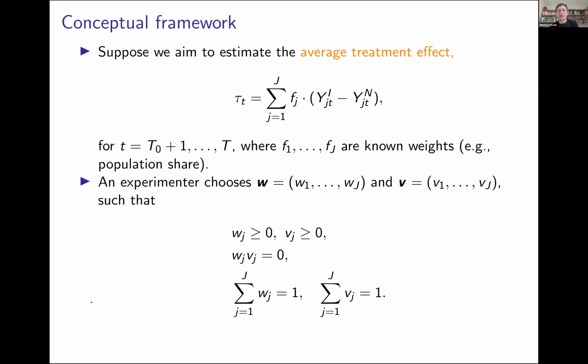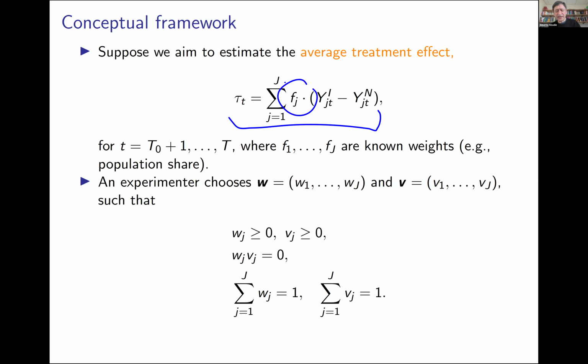So we're trying to estimate some average treatment effect in this population of J cities. We have it here. Okay, and we're going to assume that we know these weights, or we can estimate them previously. In the simplest and perhaps most common case, they may be 1/J, capital J, so then we have uniform weights. But in other cases, they may be related to the size of the population in the city or the size of the market in that city.